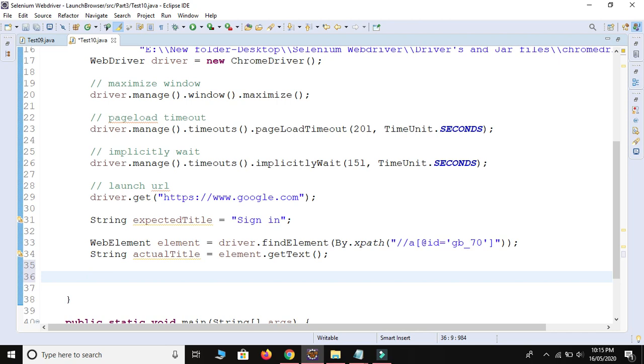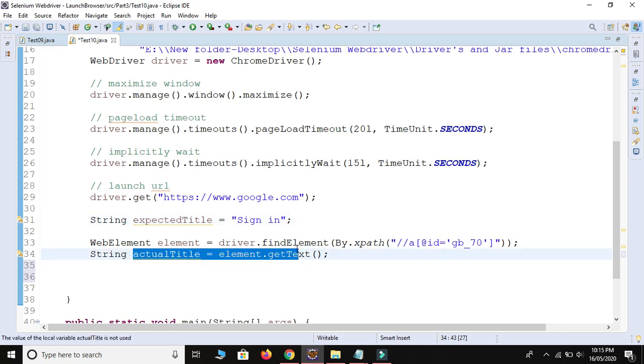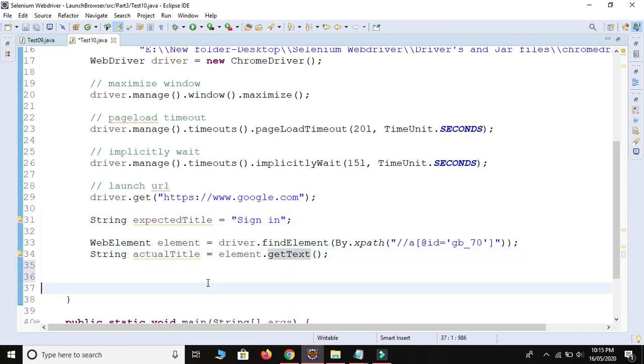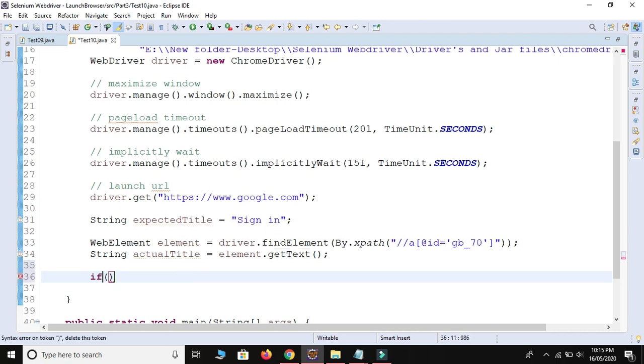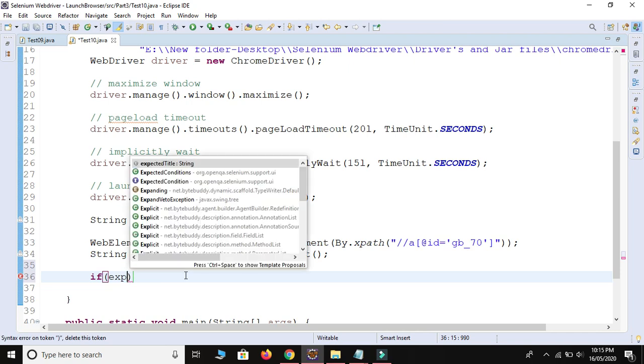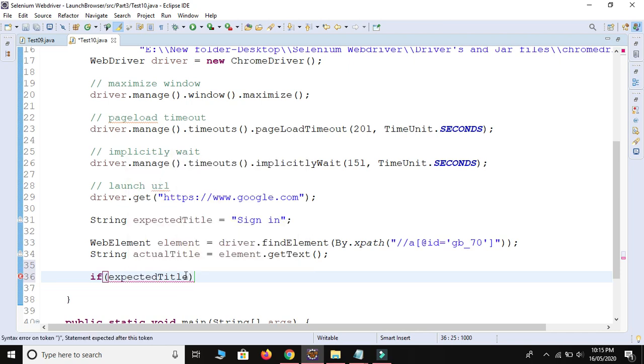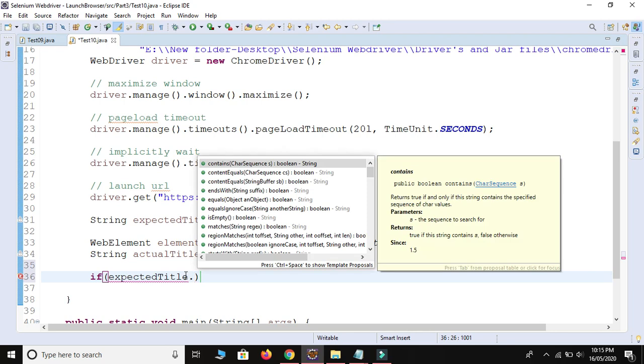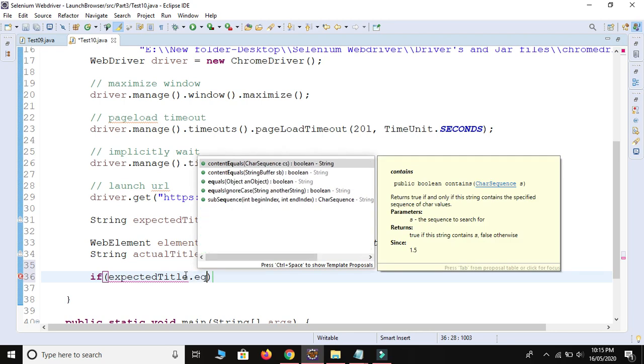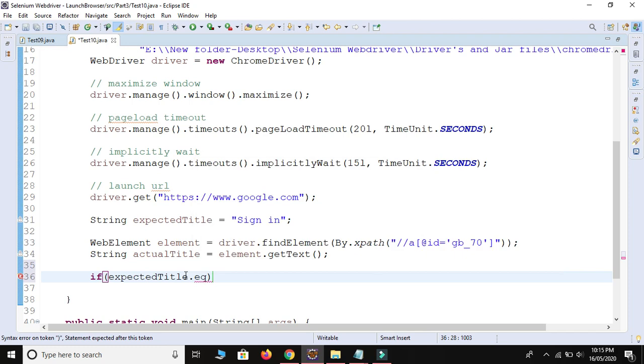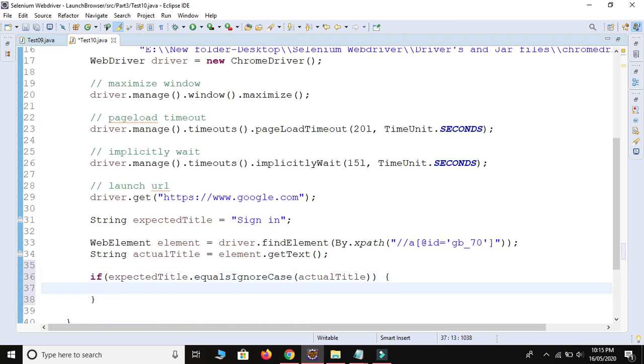Now I am assuming that I got both the outputs, expected from the script and actual from the website. So now I will write some condition. I will write an if condition: if expectedTitle dot equalsIgnoreCase method is there, I will use equalsIgnoreCase(actualTitle), then I will print as of now